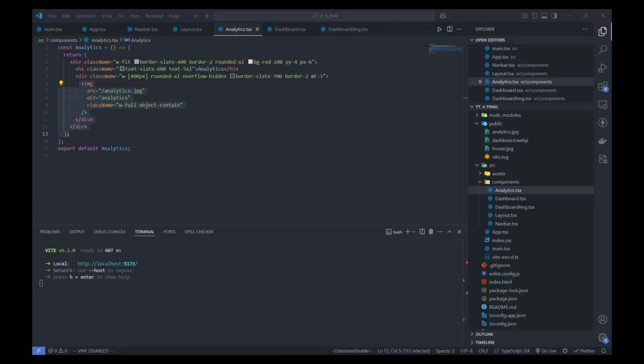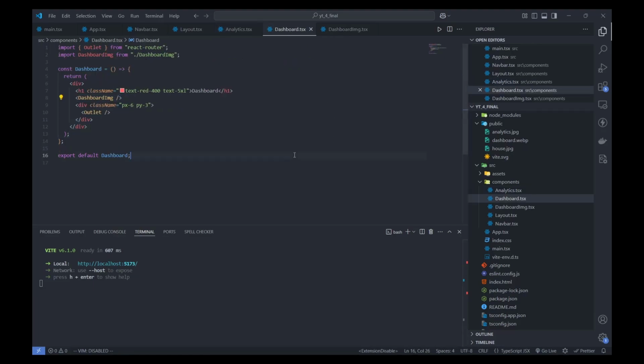Let's work on that. So now we'll look into the code splitting. There are three types of code splitting in React. The first one is component based code splitting. Second is route based code splitting, and the third is Webpack code splitting, or it is also known as dynamic imports. We'll now look at component based code splitting. So for component based code splitting, we'll move to the dashboard component. Here we can see that we are importing the dashboard image component directly. Instead of doing that,